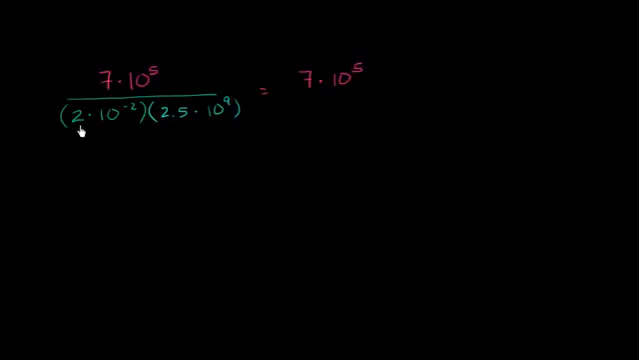And the denominator, I just have a bunch of numbers that are being multiplied times each other. So I can do it in any order. So let me swap the order. So I'm going to do it 2 times 2.5 times 10 to the negative 2 times 10 to the 9th. And this is going to be equal to, so the numerator I haven't changed yet, 7 times 10 to the 5th over